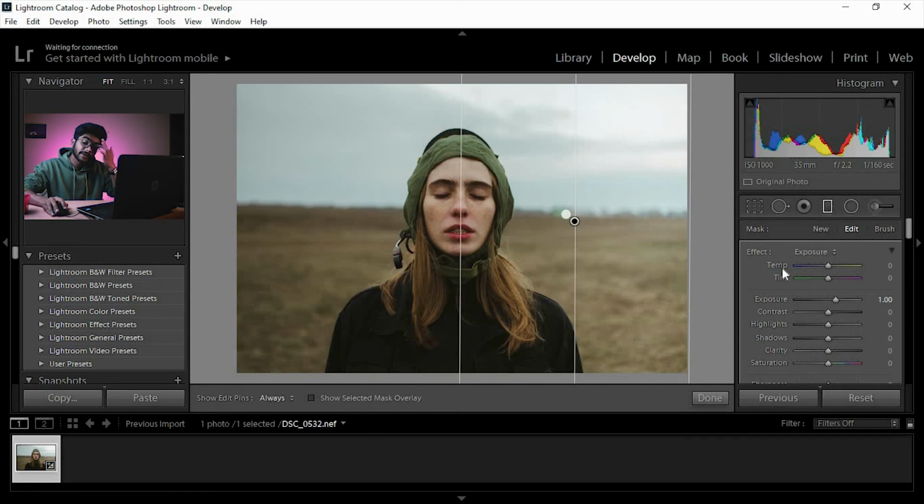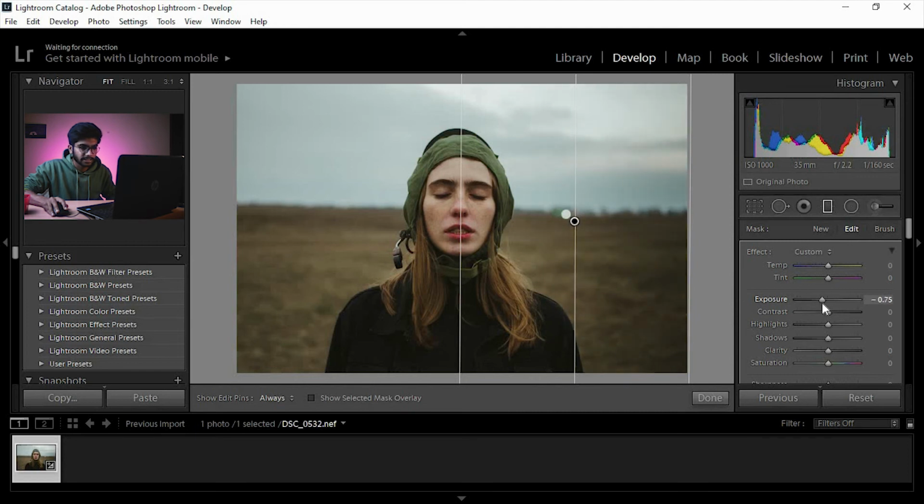So this will be the part where we are going to mess with the background. So double click on this effect so that this highlighted part will be neutral, and now we can decrease the exposure from the background. We really want to focus on our character, that's why we are going for it. You can increase the contrast a bit.